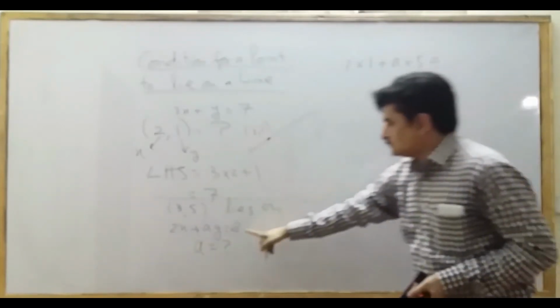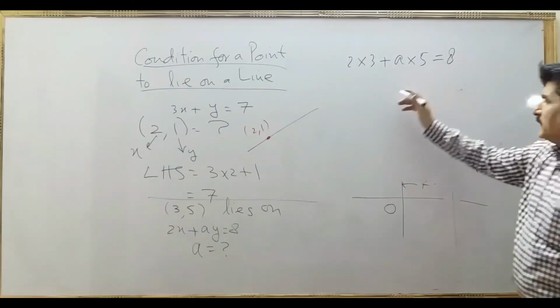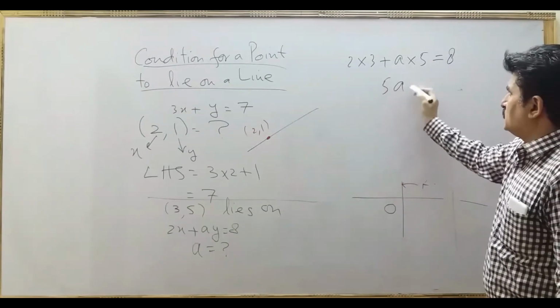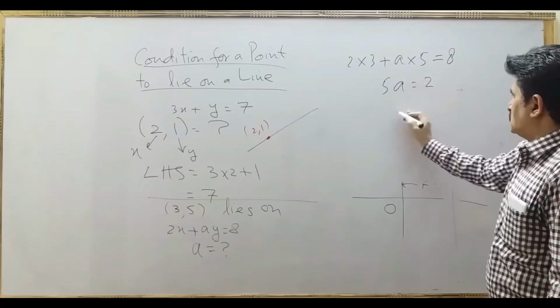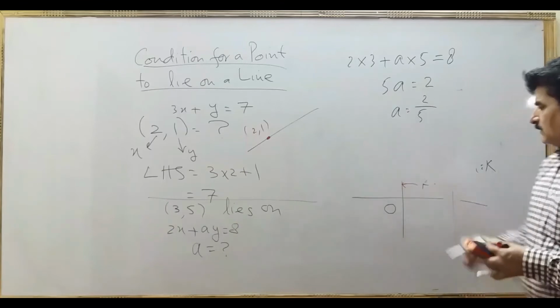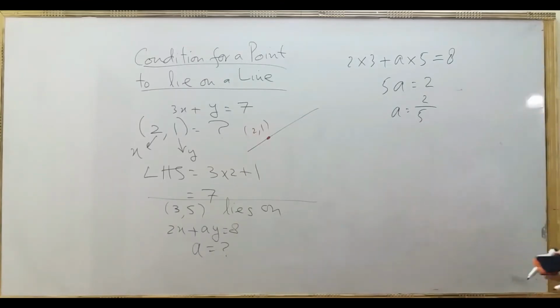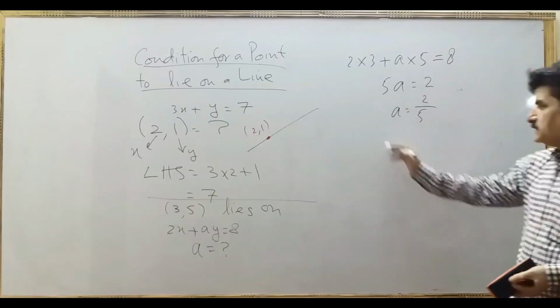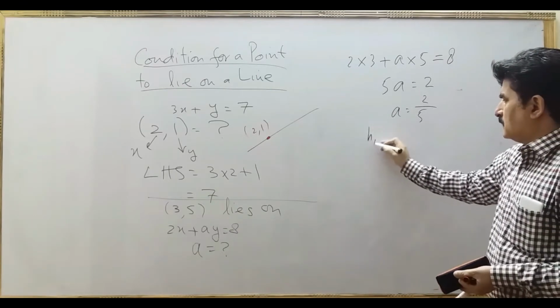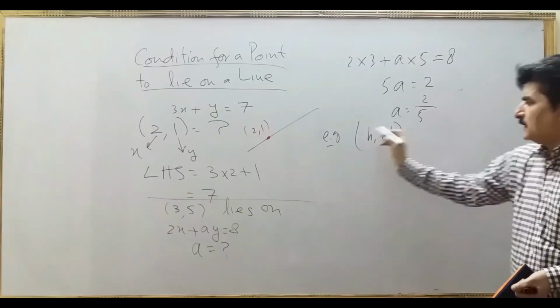This must be equal to 8 as we have seen in the example. From here you can get the value of a. The value of a will be 25. Now another situation in which this idea is applied is that a point (h, 2h), this is another example,